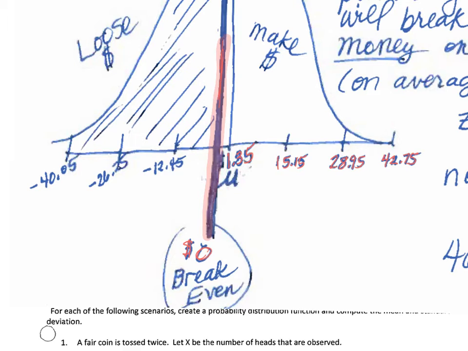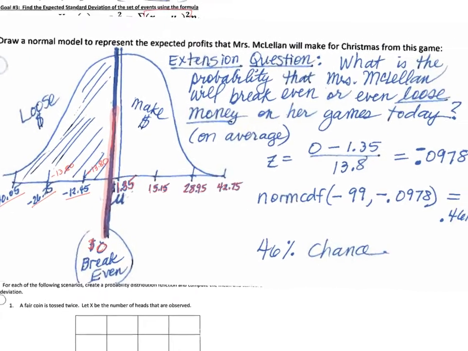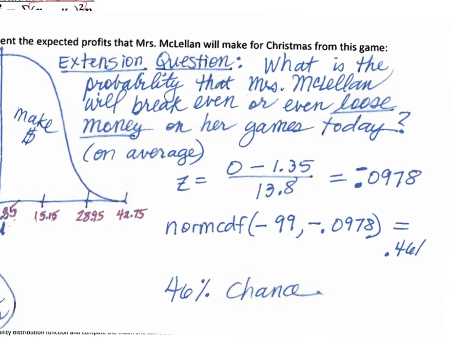Now, how do I get these numbers over here to the left? Subtract $13.80 from $1.35 and you end up at negative $12.45. Subtract another $13.80 and you're at negative 26.25 and finally negative 40.05. Okay. Now, I need to make myself a note because I should add this problem in next year, but I want to do an extension problem that you don't have written on your paper, so you can write this in if you want, but you don't have to. So either way, whichever you need, but you will be doing problems like this. So take a look at this extension question right here.